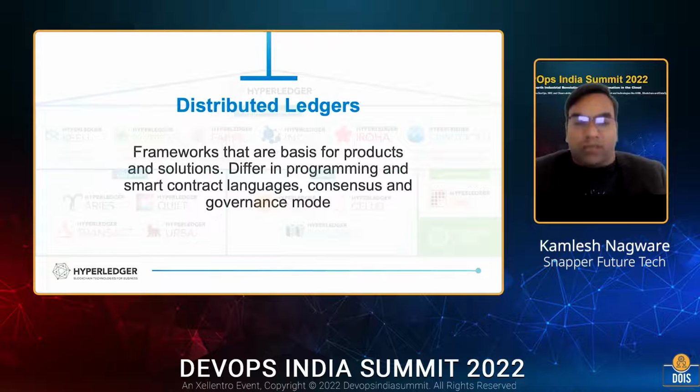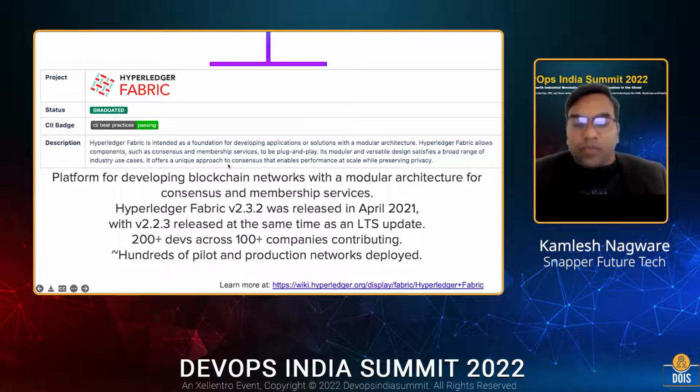For example, Ethereum is one DLT, R3 Corda is another DLT, and similarly in Hyperledger there are 5 to 6 different DLTs. One is Hyperledger Fabric, which is very popular and a very generic blockchain framework to build enterprise use cases across industries. It is industry agnostic: you could create a supply chain solution, banking, tokenization, NFTs, or any kind of business case.